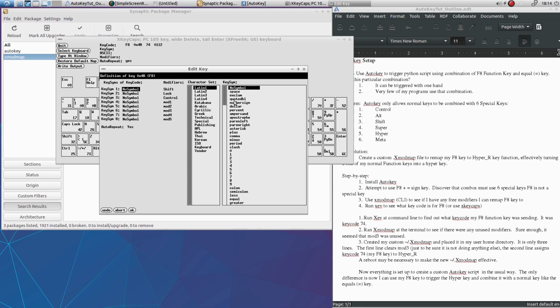And to be honest with you, I don't know Xkeycaps well enough to know exactly how all this works. In fact, I don't know whether I want auto repeat on or not. I just know what worked for me. So, but in the meantime,